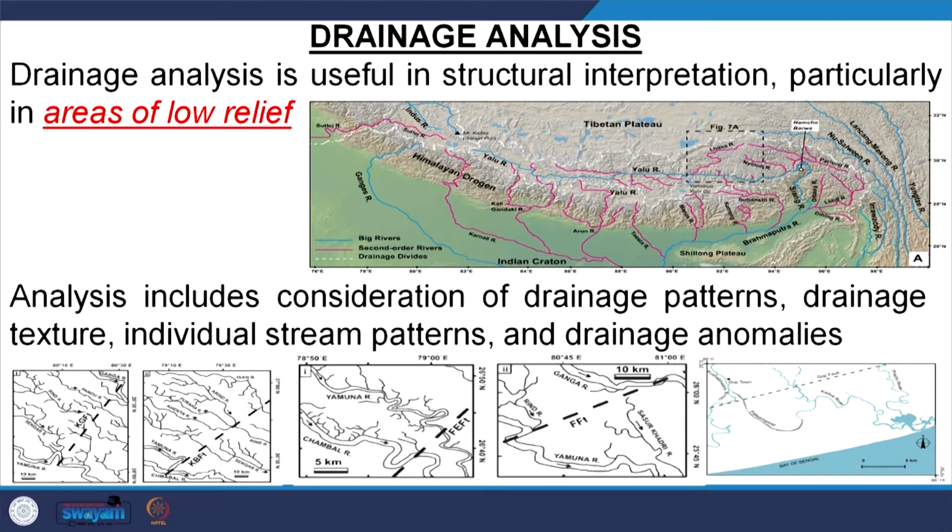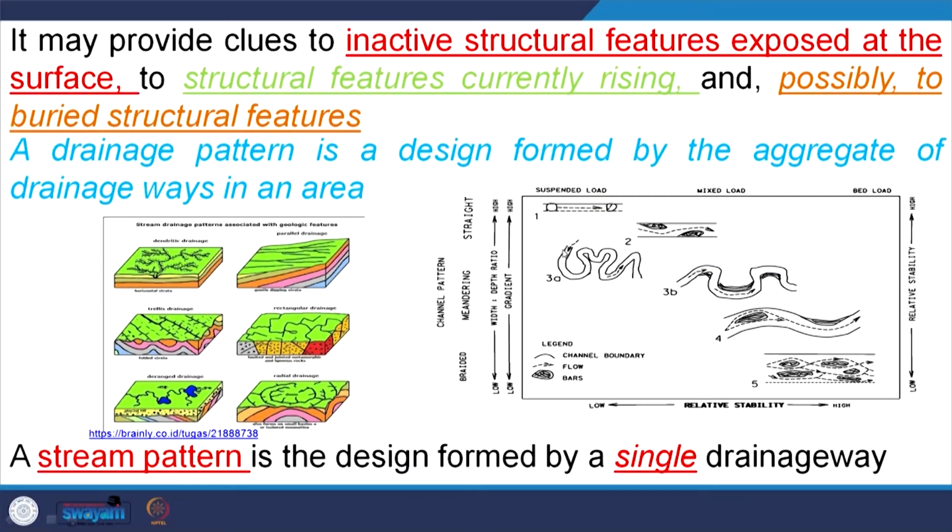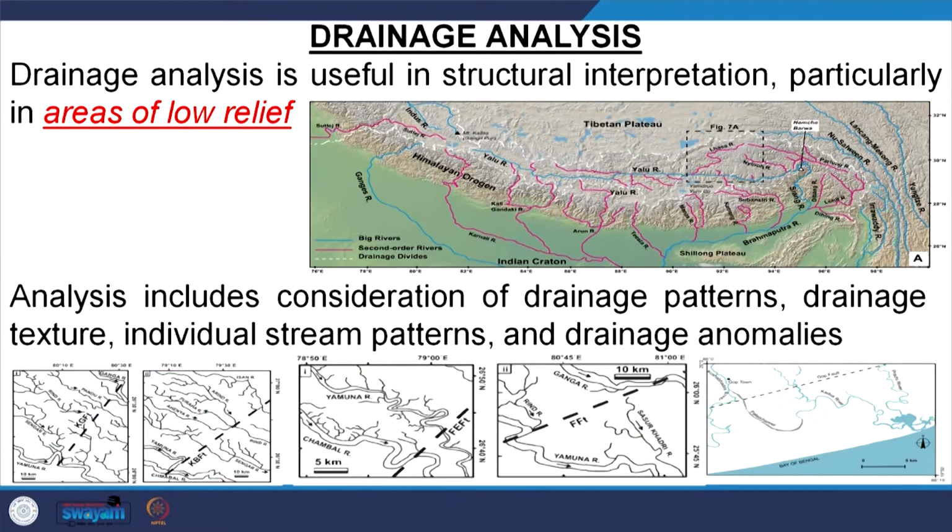For example, we take the Himalaya and the Ganga plain. The Ganga plain is a low relief area filled with alluvium. So, these are the alluvial channels, and those rivers which are coming out of the Himalayas. You will find their behavioral change between the Himalayan system and the Ganga plain system, for the same river or the same channel.